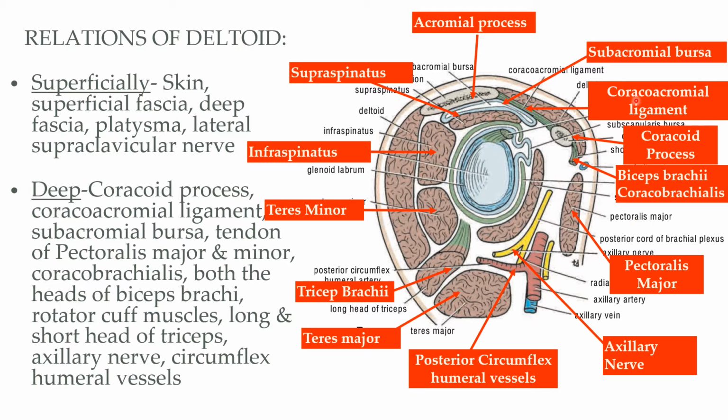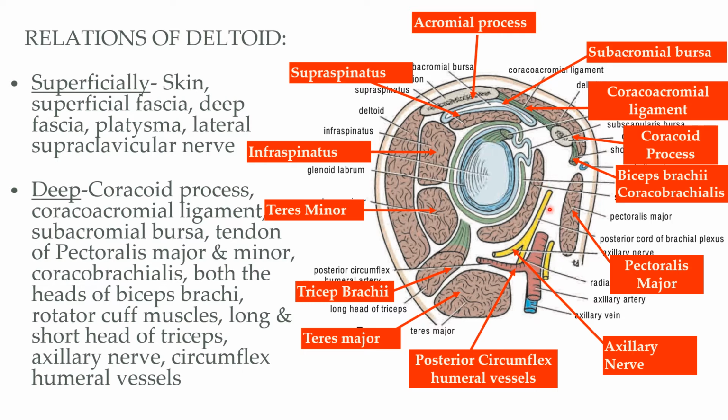Now, if this is the anterior side and this is the posterior side, then these are the posterior fibers of the deltoid, and these are the anterior fibers of the deltoid muscle. Now, anteriorly, we can see these are the fibers of pectoralis major, deep to which we have pectoralis minor. The coracoid process gives attachment to two muscles at its tip: the short head of biceps brachii and coracobrachialis. So these green tendons are the tendons of biceps brachii and coracobrachialis.